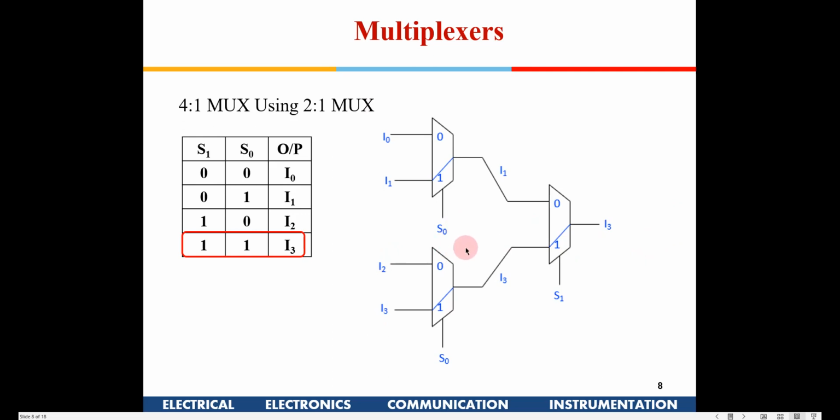Okay. So please refer to your textbooks to see how an 8 into 1 mux looks like, and how an 8 into 1 mux can be implemented directly or using 3 4 into 1 mux. I have shown how a 4 into 1 mux can be implemented using 2 into 1 mux. So just go through your textbook and also try to understand how an 8 into 1 mux can be implemented using 4 into 1 mux also. Okay.